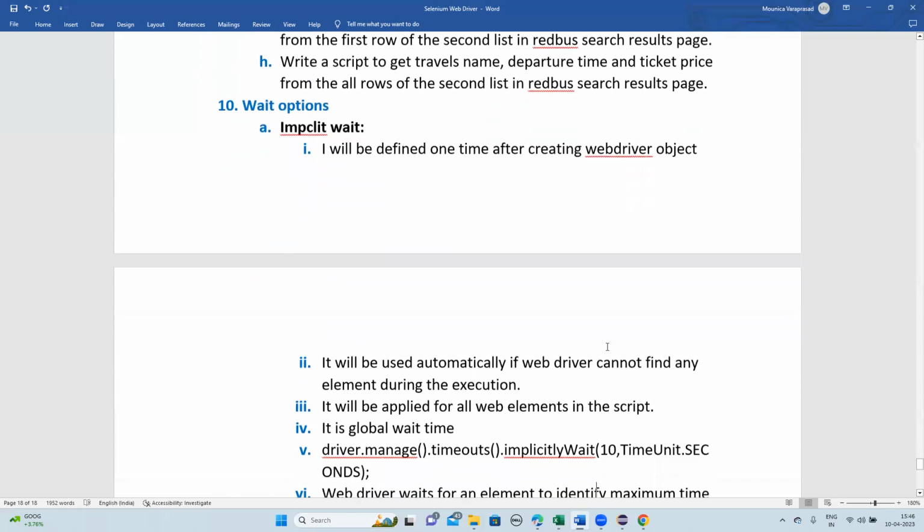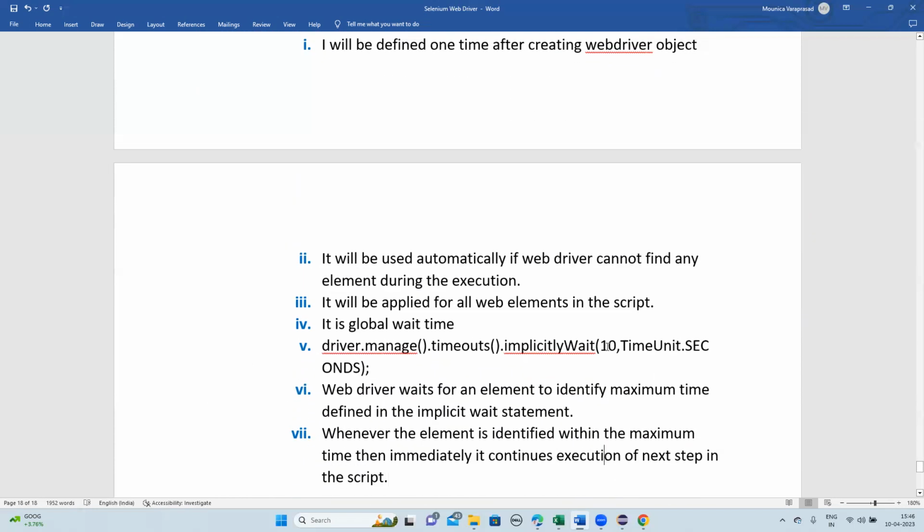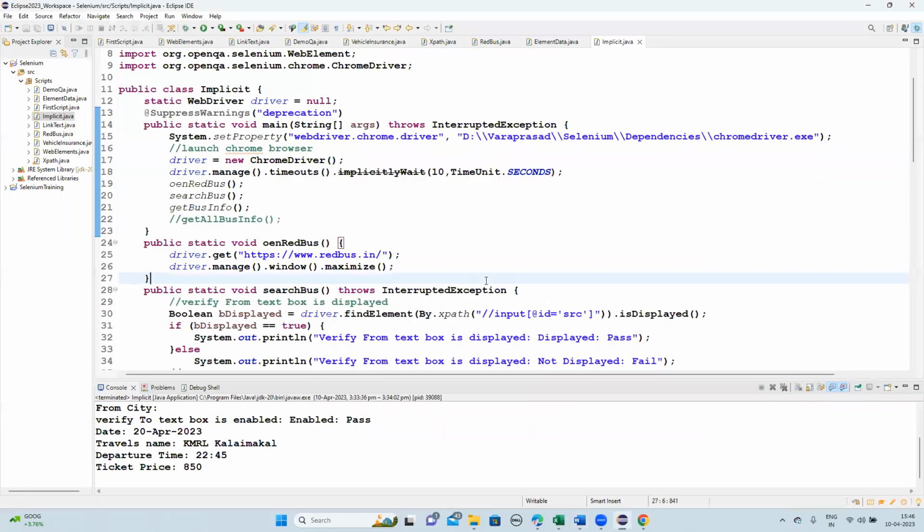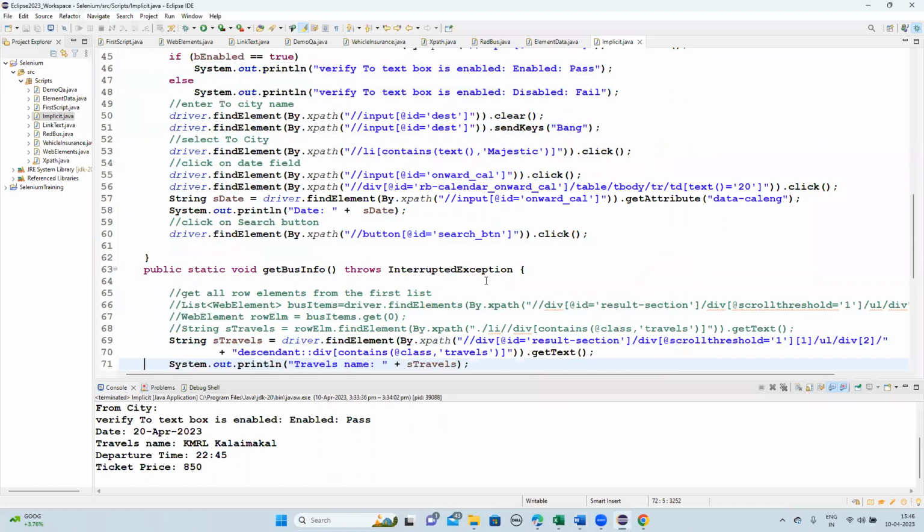Okay, guys, that is about implicit wait. Now let us see one more script we can practice, guys. So this is